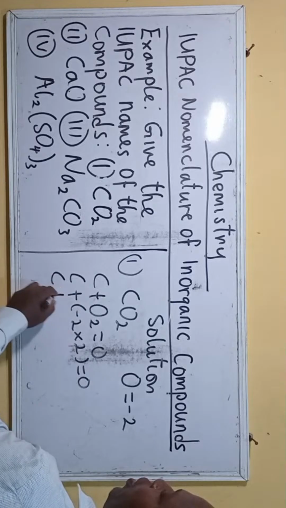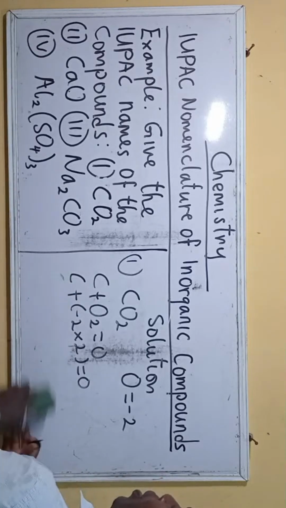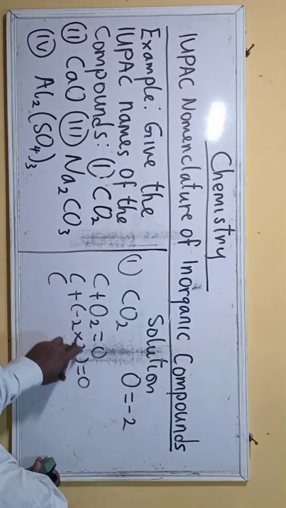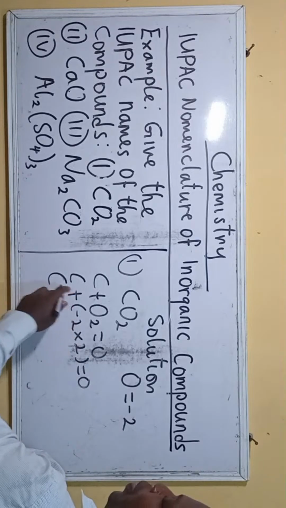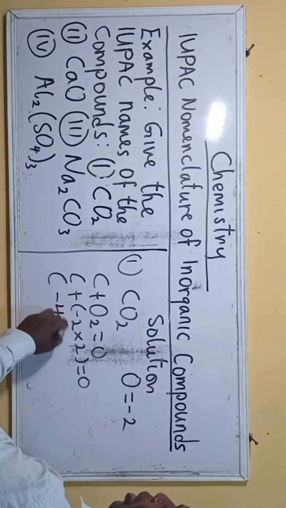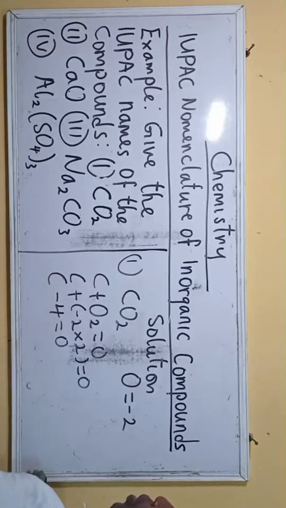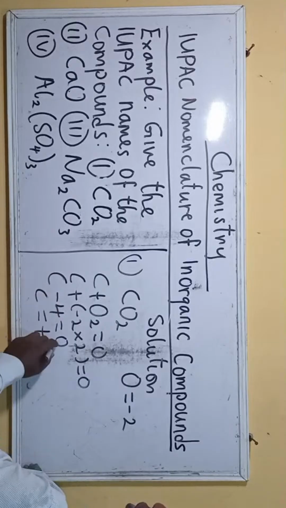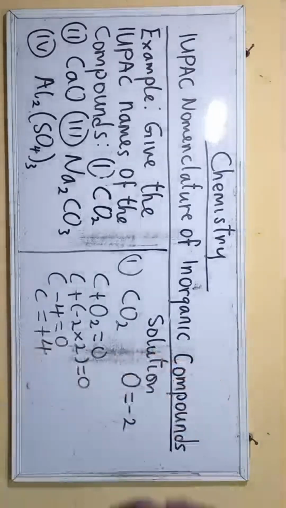I will have C. -2 times 2 will give us -4. That is C minus 4 equals 0. So I will make C, if we cross it, +4. So the name of this compound will be,